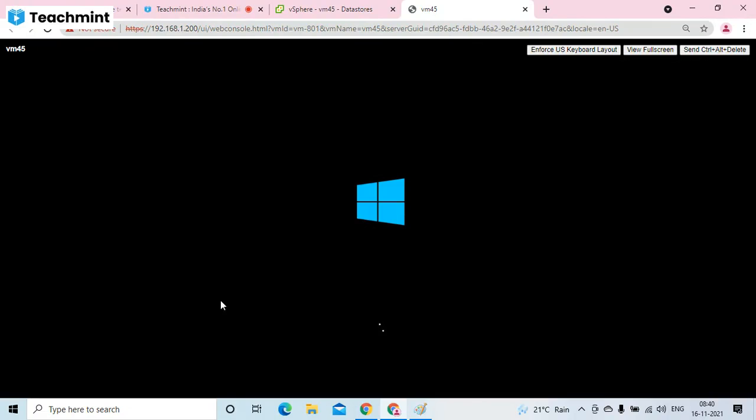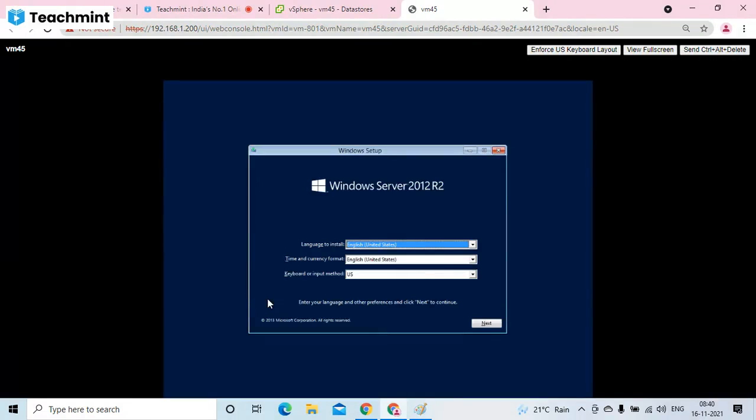Whoever has not installed any kind of operating system as of now, do this lab until you get confidence. Just create a VM and try to install it. Here, sometimes the mouse will not work. Even now, its mouse is not working inside. Sometimes it works. It depends on the version that we install.